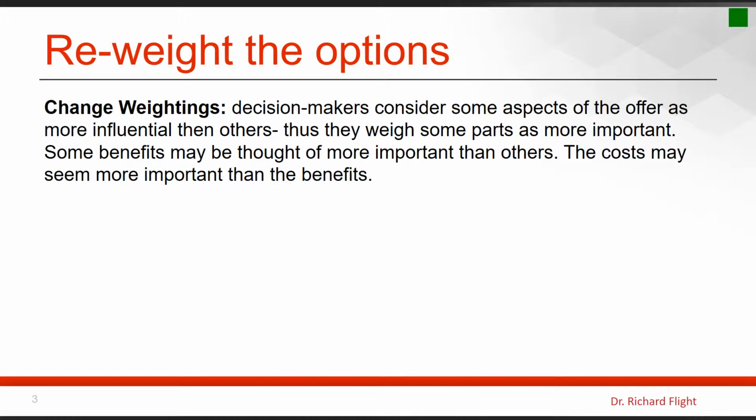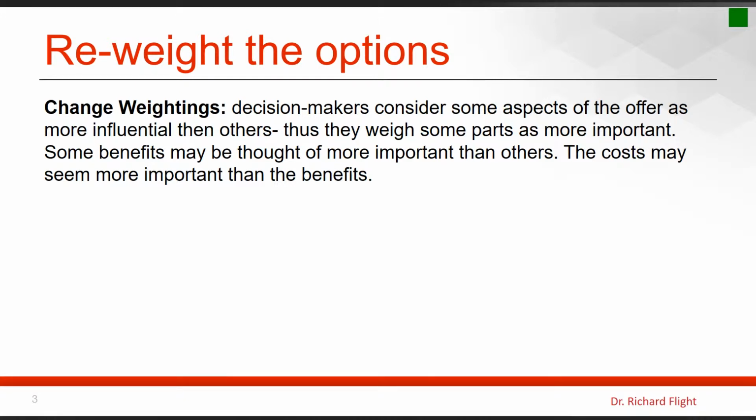So as I mentioned, decision makers consider different aspects of an offer in a different way. So sometimes we think of price as important. Sometimes we think of availability as important. Maybe different product features or service features are important. How much time we have to give up might be important to us. The way other people, our friends, are going to think about us might be important to us. How much I have to commit to this, how much behavioral change I have to make. These are all different criteria, and I will assign a weight or a relative importance to each one of these